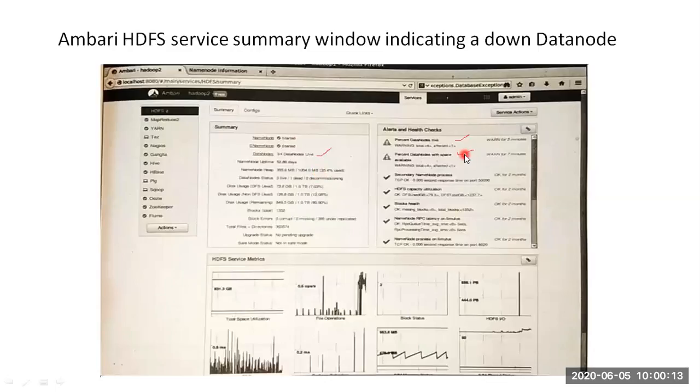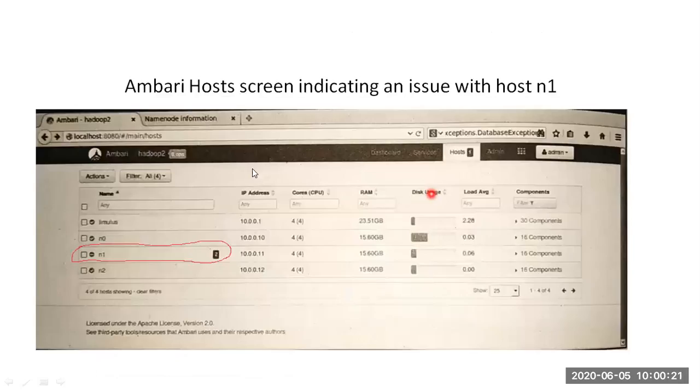And second, managing Ambari settings. So in managing Ambari settings, we should make sure that the settings are set to default. And if there is any option, then we can change it to auto.